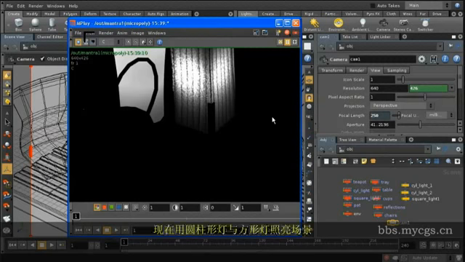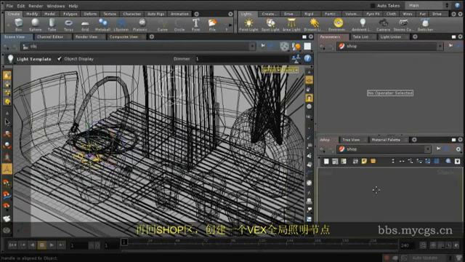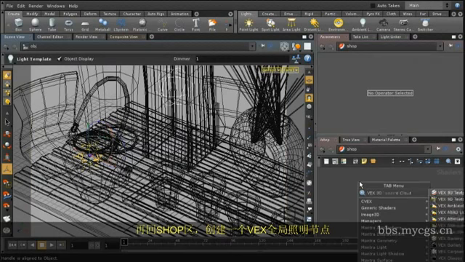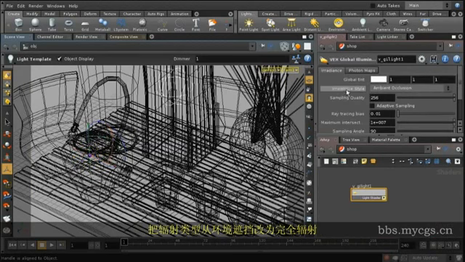So let me now use my cylindrical and square lights to light up my scene using the VEX Global Illumination Light Shader. Simple. Just create a light template. I'll get back to my network editor tab, and I'll create a light template. Then I will go back to my shop context, and here I'll create a VEX Global Illumination. Here I will turn the irradiance style from ambient occlusion to full irradiance. I will reduce the sampling from 256 to 32, and then I will turn on adaptive sampling,